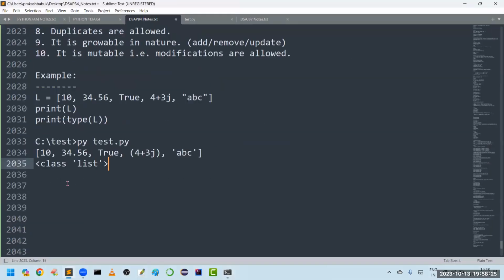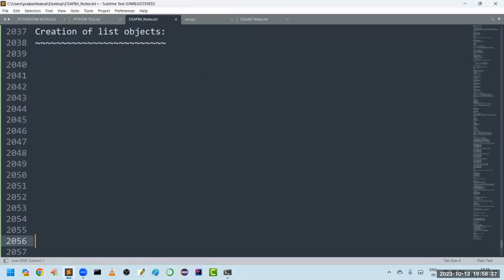Next, how to create list objects. Sir, there are multiple ways of creating list objects. Let us discuss them one by one. The first one is by using square brackets. This is one approach. By using the list function we can create. This is another approach. By using the split method, have you remembered, in today's class only we discussed about